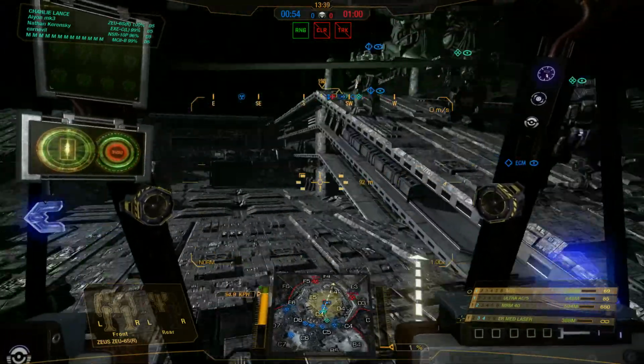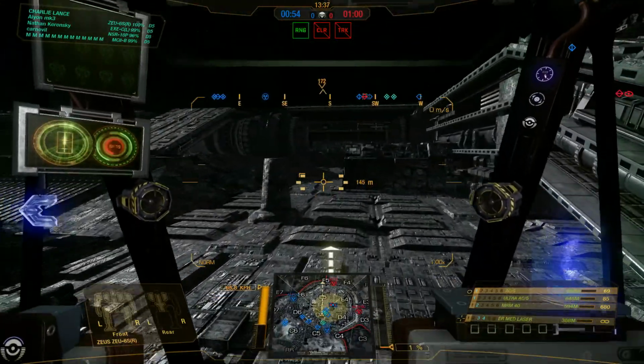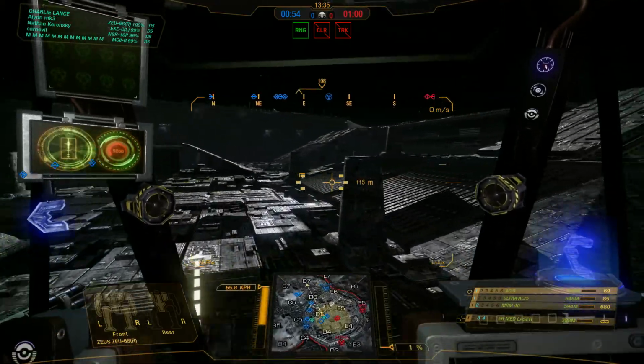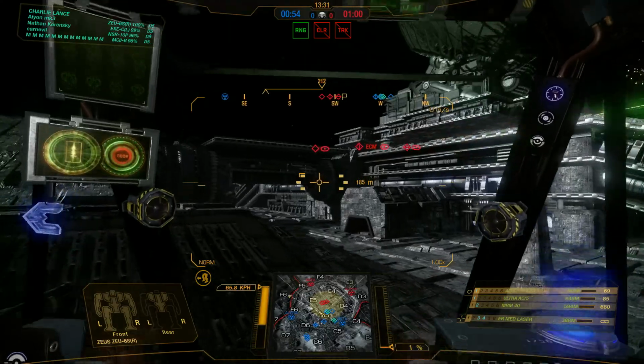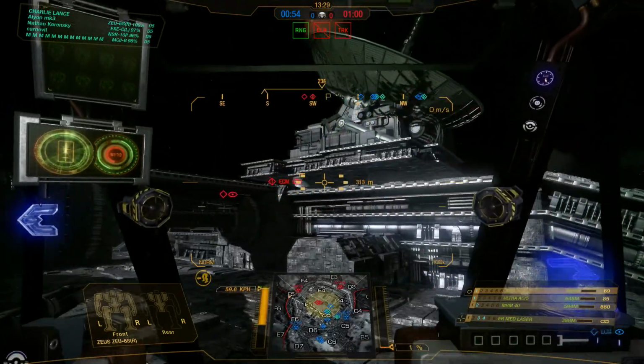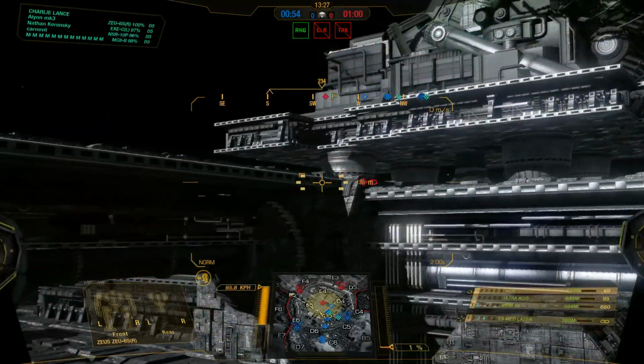So that's what I'm hoping to do at least. And this is really congested. I'm going to move around to the side here, I think. At least get them at a bit of a crossfire, but I might get picked off really easily. Plus, I'm not covered from long-range missile fire, so...